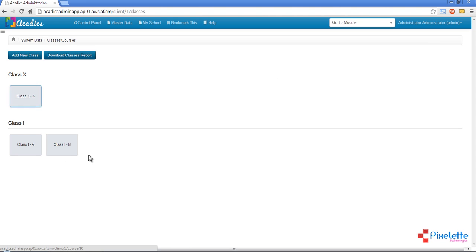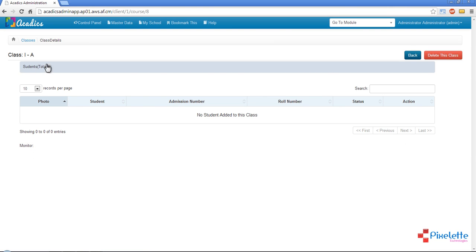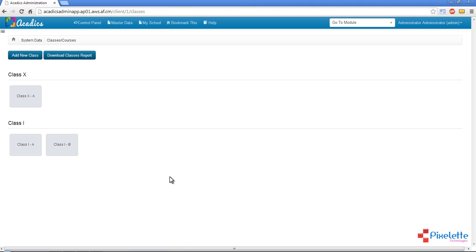Right now these classes are just empty classes. They will be allocated students, but that won't happen through this module. The student allocation is done during the student registration as part of the admissions process, or it can be done through user creation as part of the user administration process. Clicking on a class actually reveals the class detail information, like the total number of students in the class, the various details about the students, and also the class monitor who has been appointed in that class. Right now this is empty. That will be added when we go ahead and do the admissions module, and we'll go back to that later. You also have the option of downloading the class report, which shows the different students admitted